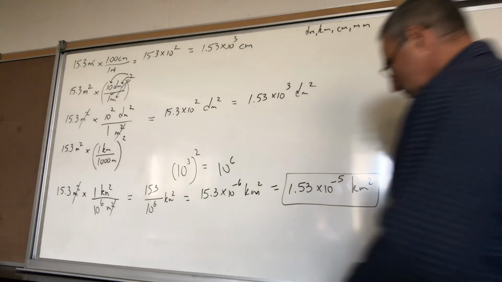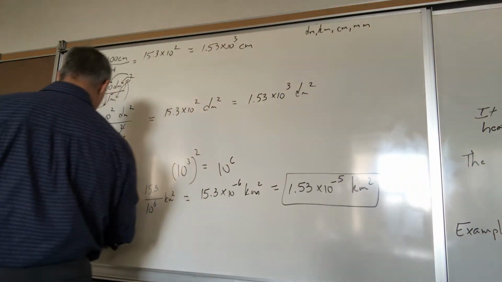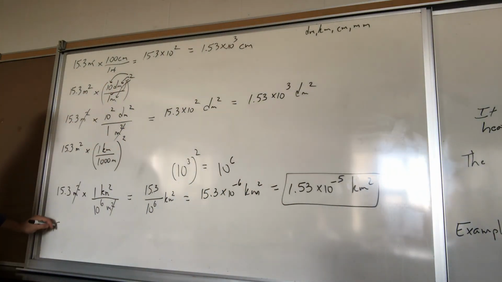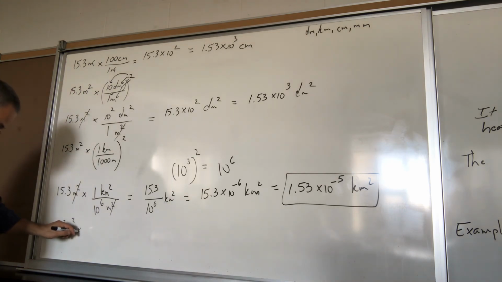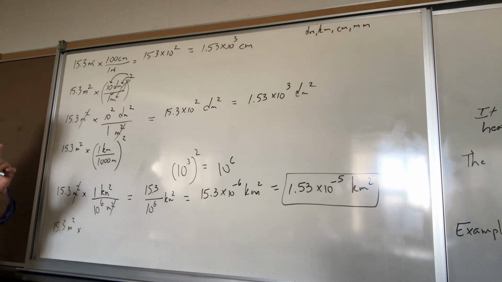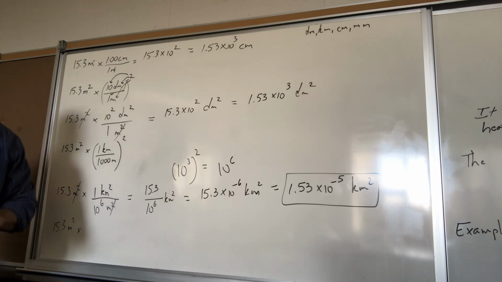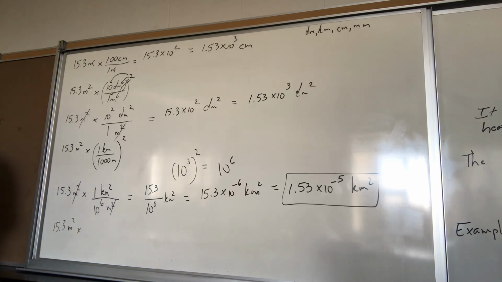Actually, there's room to do one more down here. So I have 15.3 meters squared. Now I want to convert it into centimeters squared. So the conversion factor for linear, you always start with linear and then put the right power on it to adjust it. What's the conversion factor from meters to centimeters? How many centimeters are in a